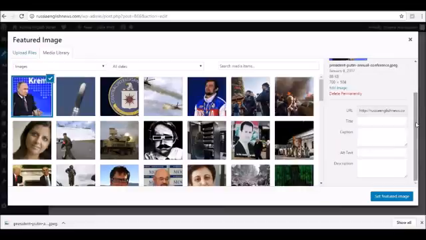The title of the image, of course, should be the same as the title of the article, so we will just copy that and paste it here. And the alt text will be a sentence or a phrase that will be very similar to the title. So what we will do now is just edit the title. For example, this one, President Putin, instead of colon, we say President Putin says or said